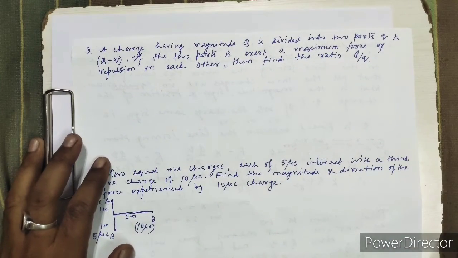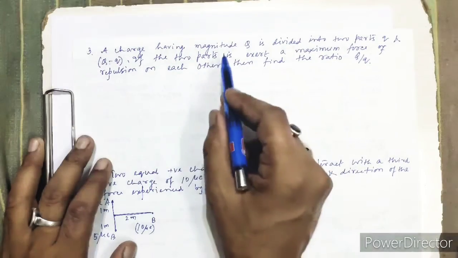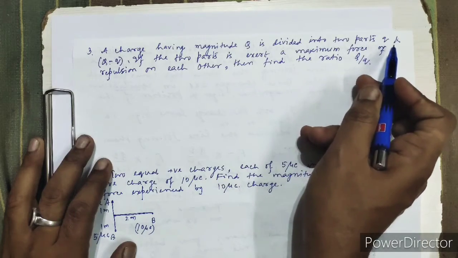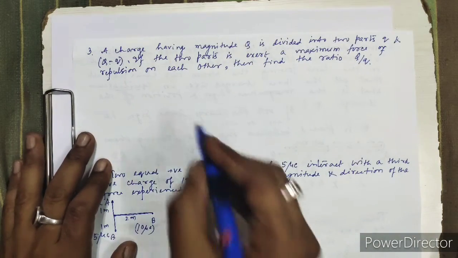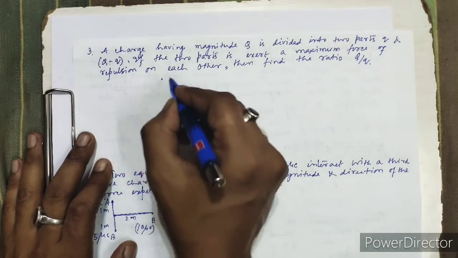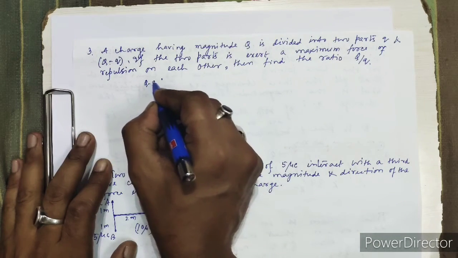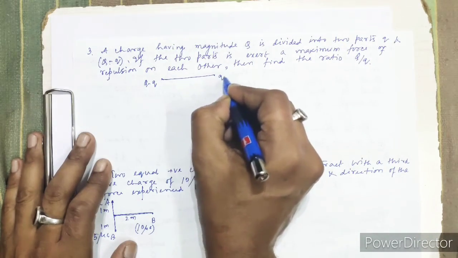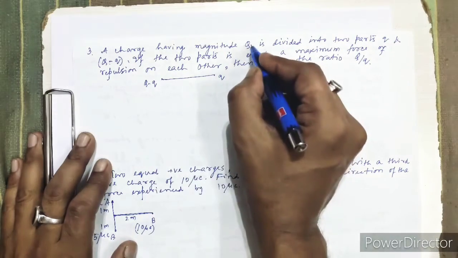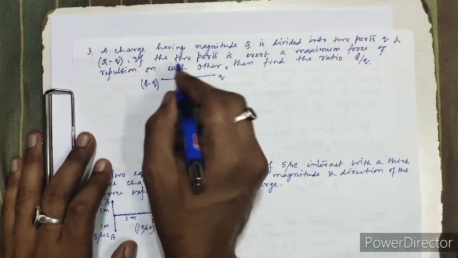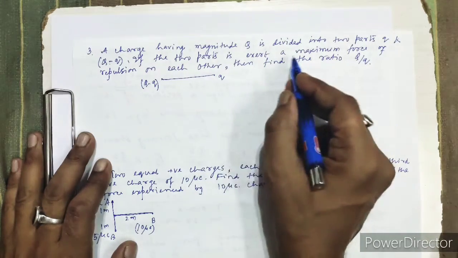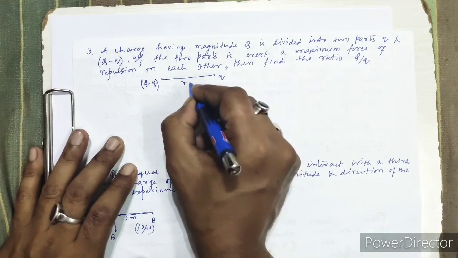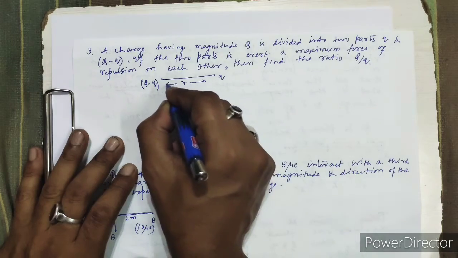A charge having magnitude capital Q is divided into two parts, small q and Q minus q. This signifies that this is one of the charges, Q minus q, another charge, small q. Therefore the total charge is capital Q. If the two parts exert a maximum force, if we consider the distance between two charges is R,